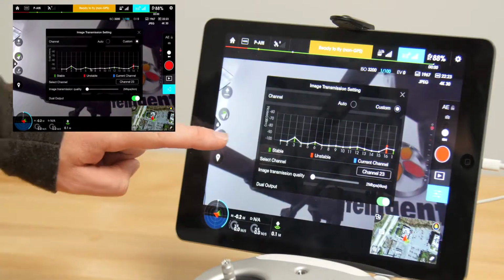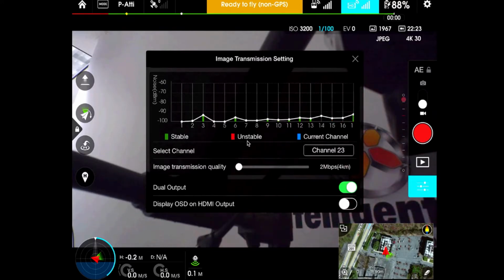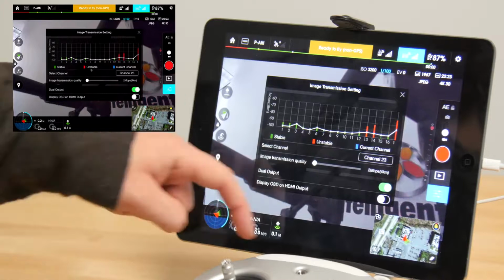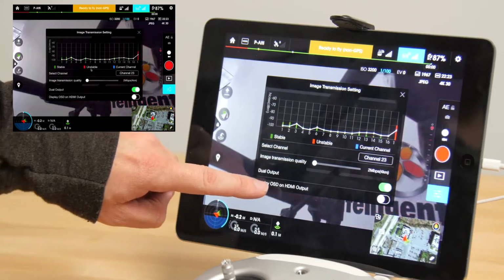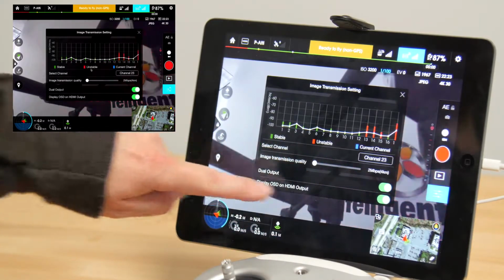HD, we have basically explanations of the video and speed. We have the amount of channels that you can use, so you can change channels. If you're getting a lot of interference on one, you can change to a different one. We have image quality, transmission quality. Right now I have it on the lowest, which is 2 megabits. This will give us up to 4 kilometers in range according to it, and as I push it up, the range would get lower. Dual output or single output, so both antennas can output at the same time, or single output. You have display for your OSD and HDMI output. So if we turn this on or turn it off,